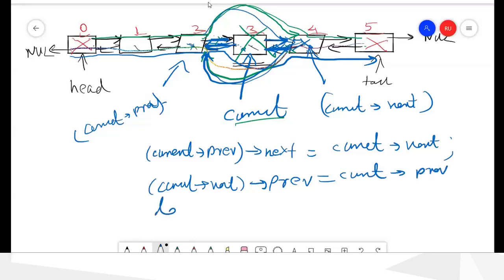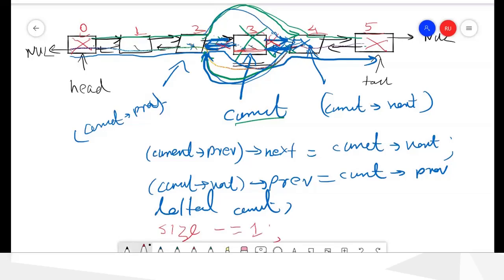And now we can delete current. So when you delete current, this link and this link will be deleted because it is inside this node. Okay, and then you reduce the size by 1.